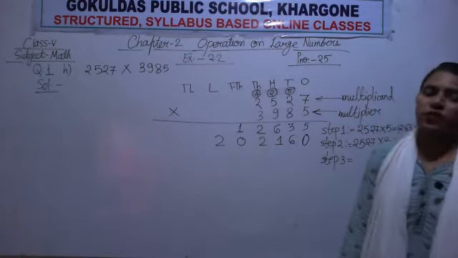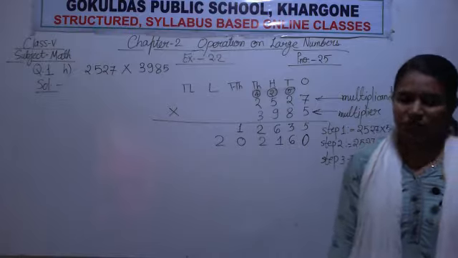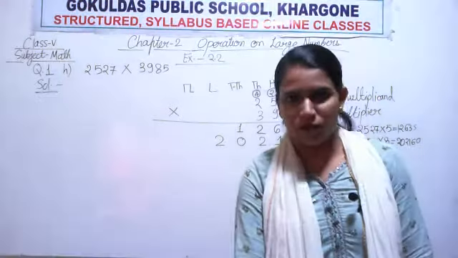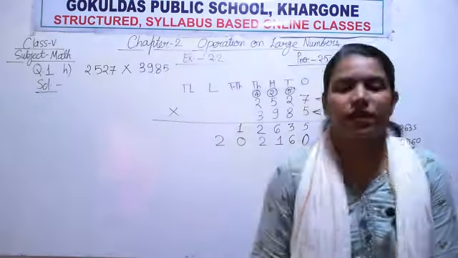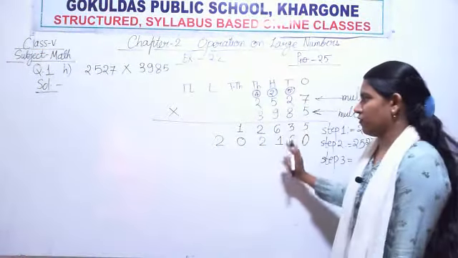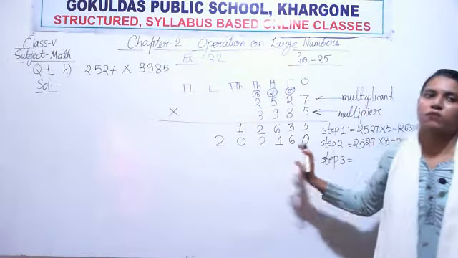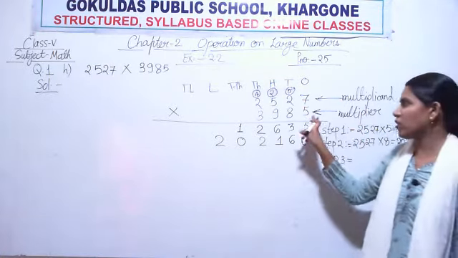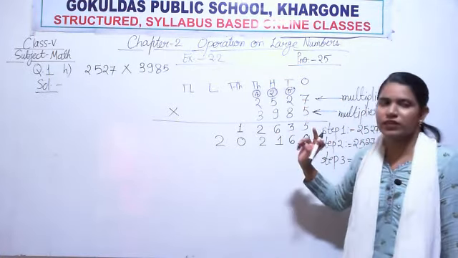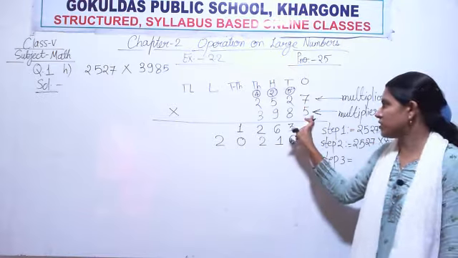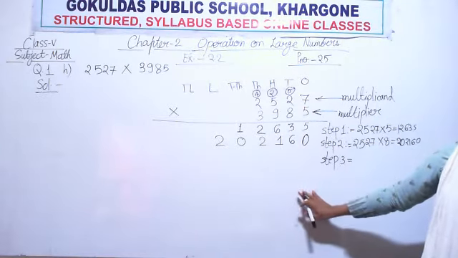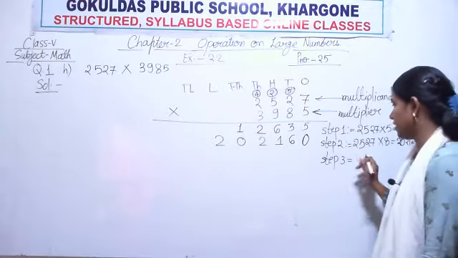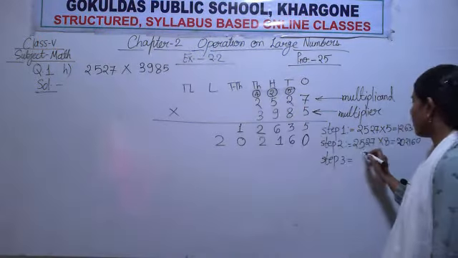How many steps will be required to solve this multiplication? Tell me, I told you how to observe. Right, here we will cover this multiplication problem in 4 steps. Why? Because our multiplier is a 4 digit number. The number of digits of the multiplier will be the number of steps of the multiplication. Okay, now multiply.